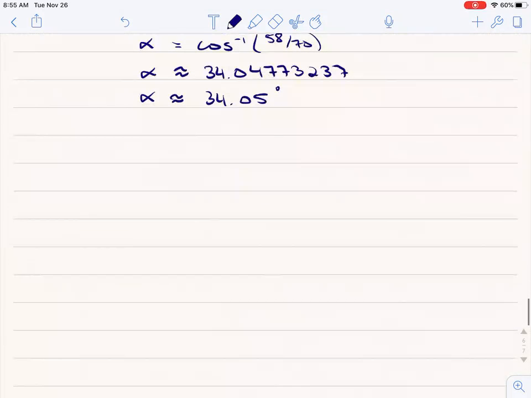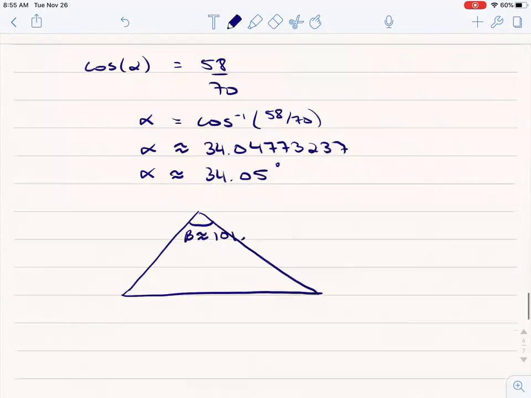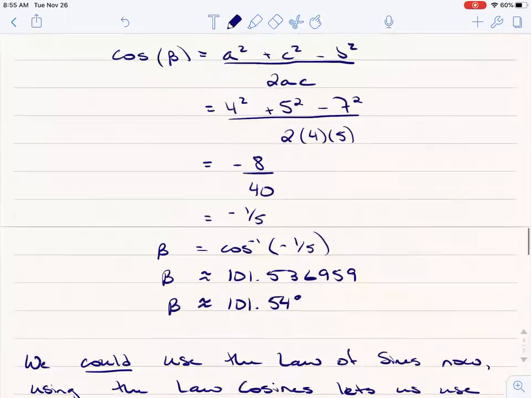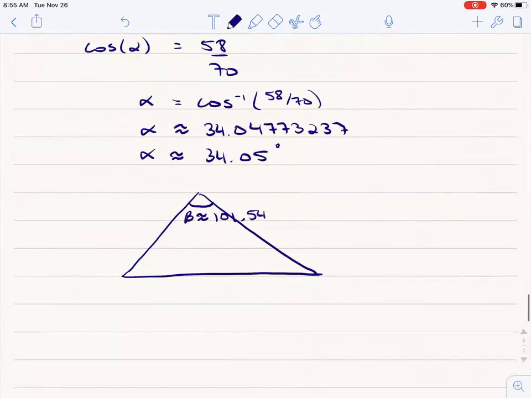So beta is approximately 101.54 degrees,